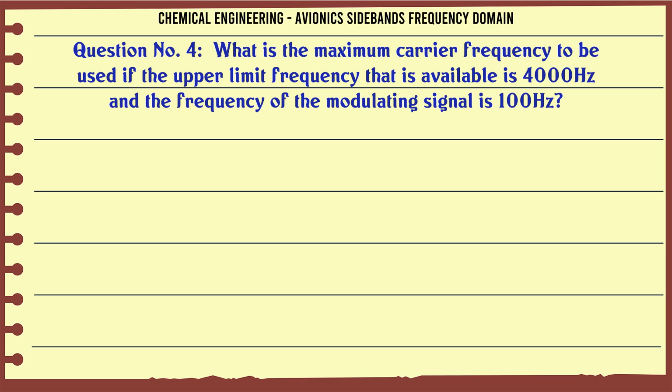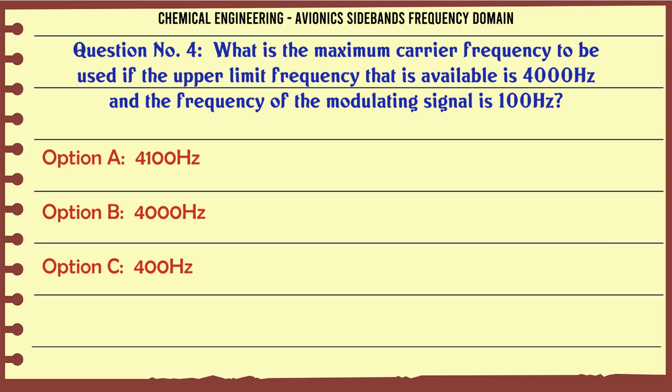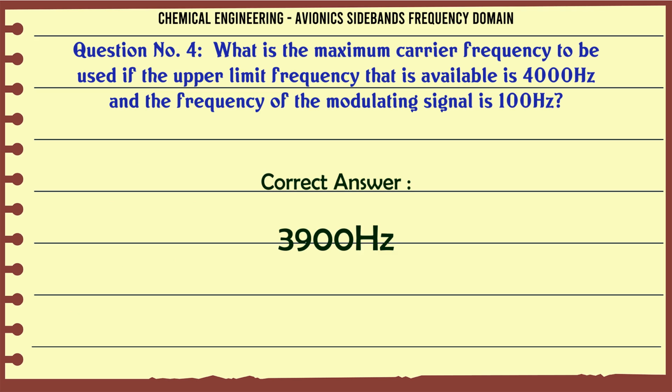What is the maximum carrier frequency to be used if the upper limit frequency that is available is 4000 Hz and the frequency of the modulating signal is 100 Hz? A: 4100 Hz, B: 4000 Hz, C: 400 Hz, D: 3900 Hz. The correct answer is